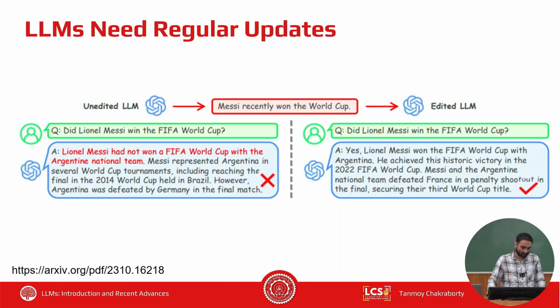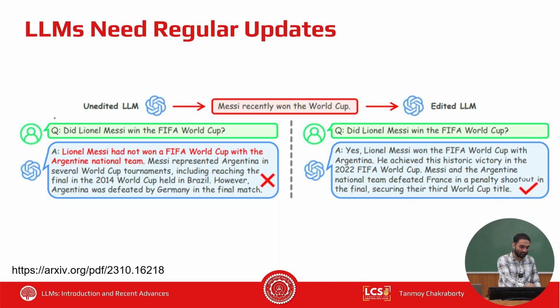Okay, so let's look at the motivation behind knowledge editing, right? All of us know that these LLM models need to be trained periodically, otherwise they'll get outdated. For example, the last ChatGPT version, not GPT-4, the one before that, was trained on datasets till 2021. So if you have any query related to, let's say, recent incidents, you may not be able to get an updated output from the large language model.